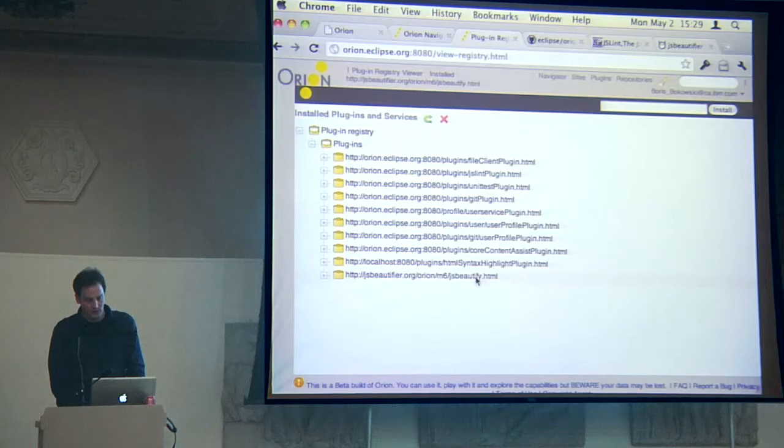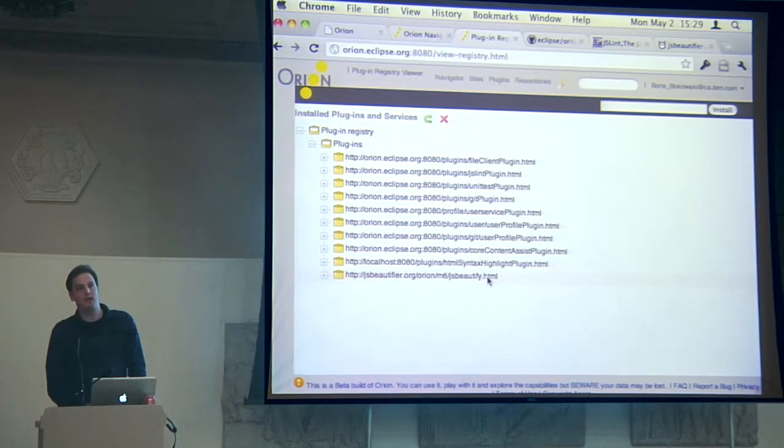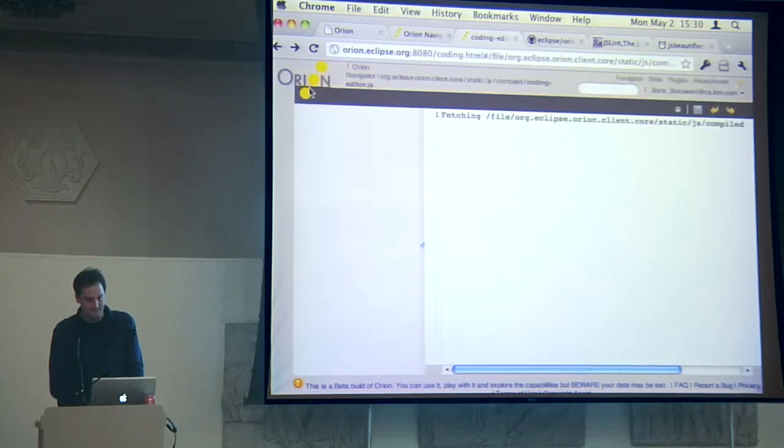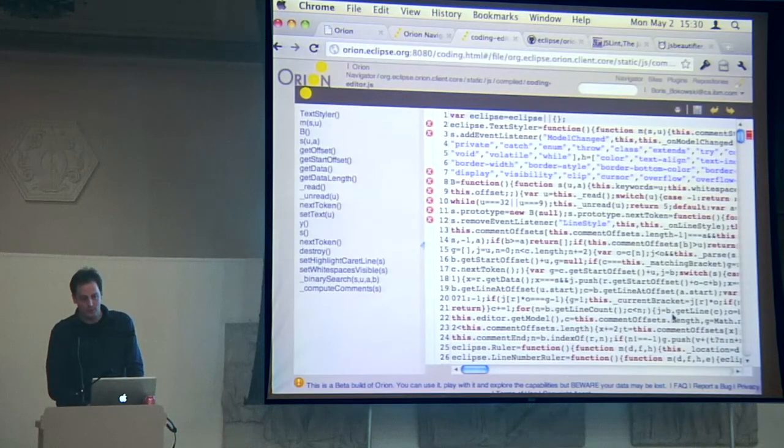And installing that thing will run, load this code once and cache metadata about it, like the name of that thing and an image. And then next time I come to an editor, which should be somewhere here, okay. So this was the place where I wanted to format, and now I got this new action here, which is formatting my JavaScript. And if I click that, at that point we load the iframe, and apparently it's kind of